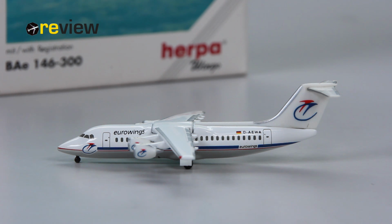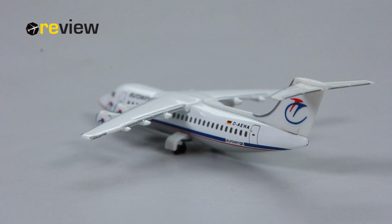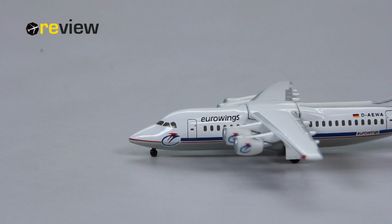And as always, we start off with the tail section of the aircraft, and here we can see on the vertical stabilizer the old Eurowings branding. Then on the fuselage we can see the writing of Eurowings, and of course also the full registration code and the German flag. Then if we move from the back of the aircraft all the way to the front, we can again see along the fuselage the writing of Eurowings, and just underneath the cockpit windows again